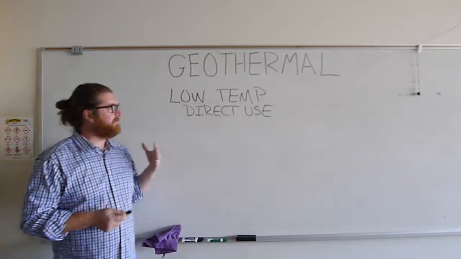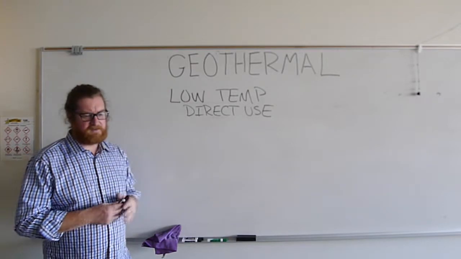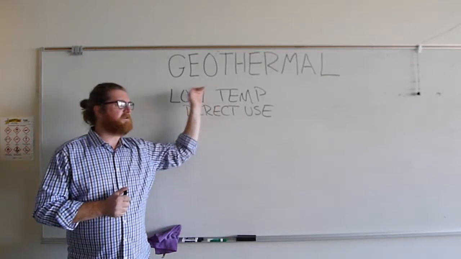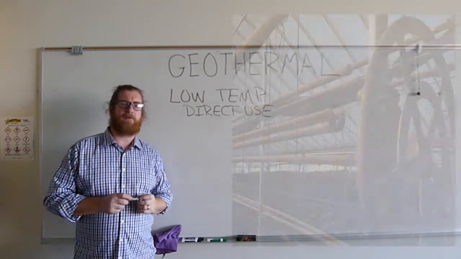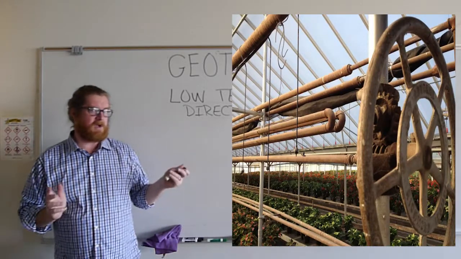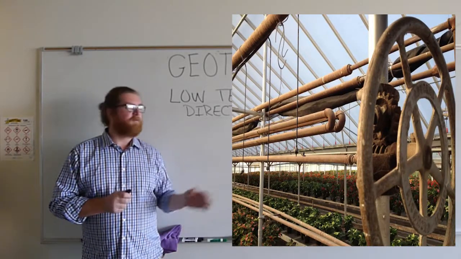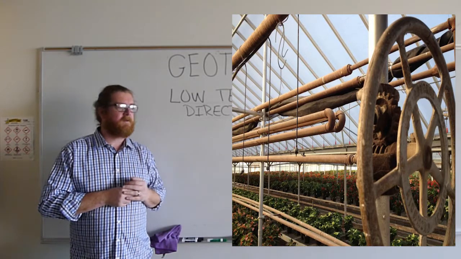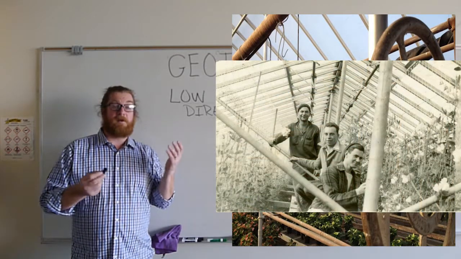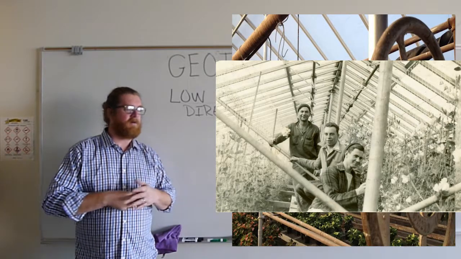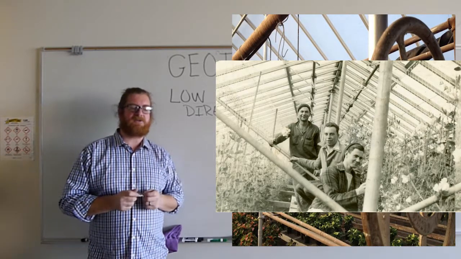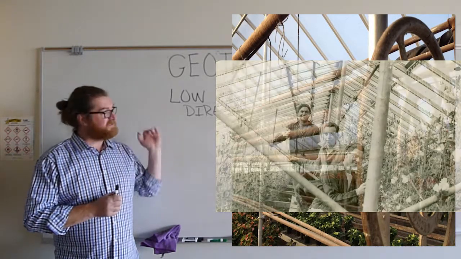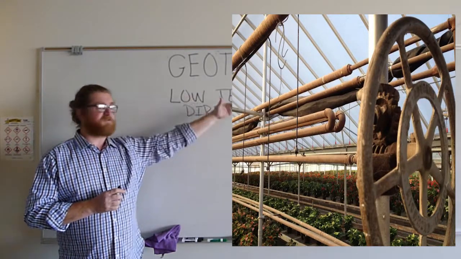But thinking about the history of low temperature and direct use, this is the interior of a greenhouse over off of Hill Road. You may have been there. It's named after a guy. His name is Edward. So this is inside of Edward's greenhouse. That's a family-owned greenhouse. I actually know the girl who's next in line. She's fourth generation. But you can see when you look on the inside of Edward's greenhouse, there are all of these